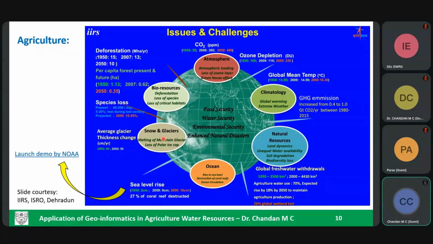And we are also having global freshwater withdrawal that is more than the stipulated amount, which is creating an imbalance in our ecosystem. And also, if you see, there is a direct impact of greenhouse gas emission on the global sea level rise. Actually, there is a demo by NOAA, that is the National Oceanic and Atmospheric Administration. You can go through this website, wherein you can visualize the sea level rise. What happens when there is a sea level rise at a particular stipulated number.